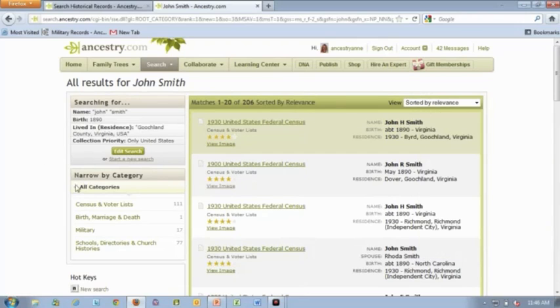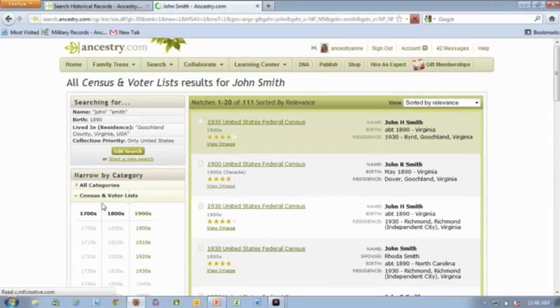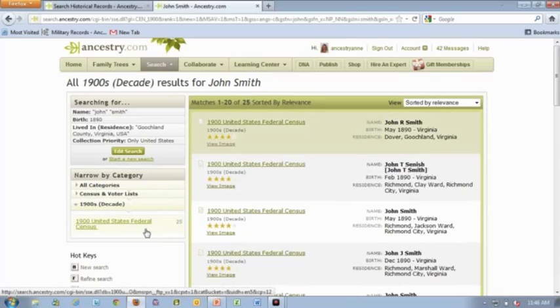If you go over here where it says narrow by category, let's say that you really just want to look for the 1900 census. Click on Census and Voter List. Go down here and click on 1900. It will show you just the 25 records that are in the 1900 census. And if you click here on the actual link